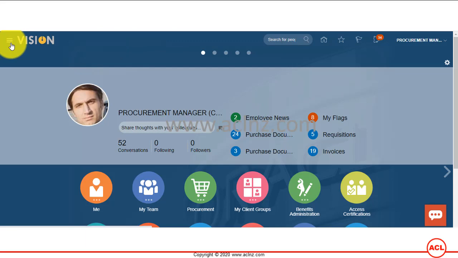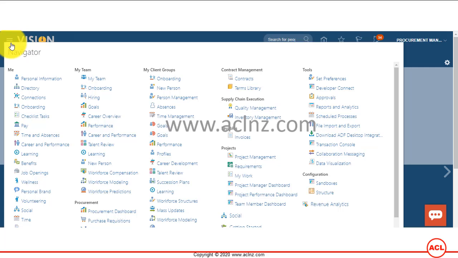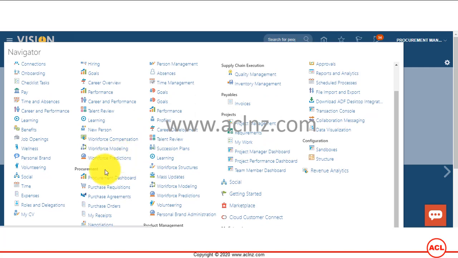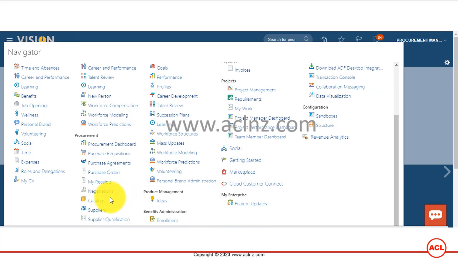So you can simply use this sort of a hamburger menu right over here, and it'll have several options over here. So look for procurement, and as you could see here, you've got procurement dashboard, procurement requisitions, agreements, purchase orders, and so on. They've got a lot of things. So I'm going to simply click on purchase requisitions,